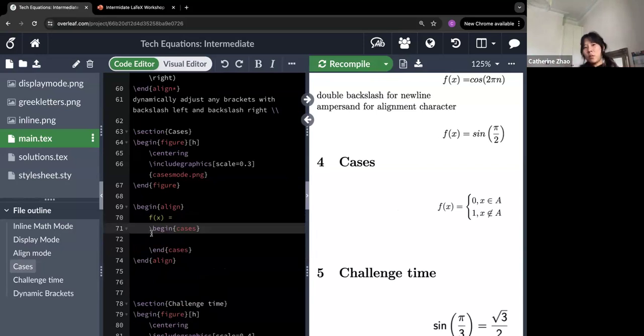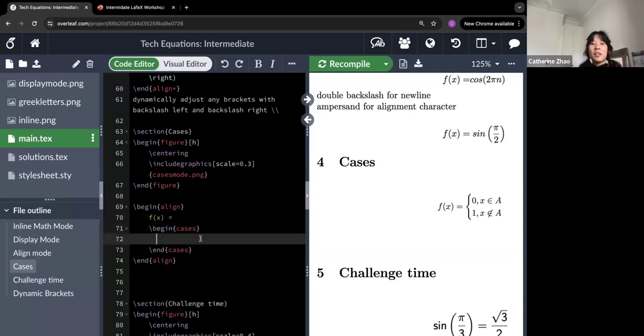A good tip is, whenever you're doing something that's nested inside of something else, to leave an indentation. It's good practice because when you look at it, it's visually easier to understand what's going on. So yeah, \begin{cases}, and then we have 0,